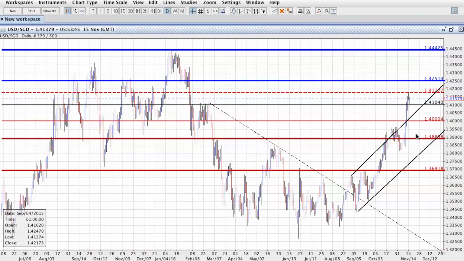And if we do lose that 138.90 level, then we have the potential to test the 136.90, and that will change a lot of perceptions on this currency pair. But of course at the moment we're continuing to look strong on this currency, and we are making new highs on a daily basis. And if we move back towards the high set around the 141.77, if we break that,